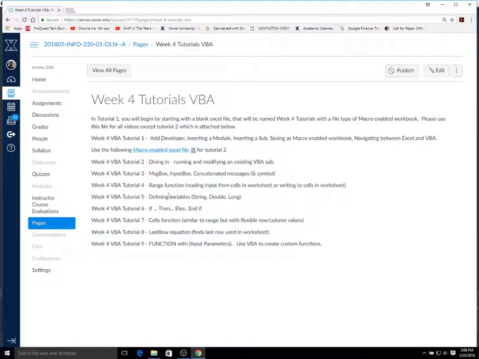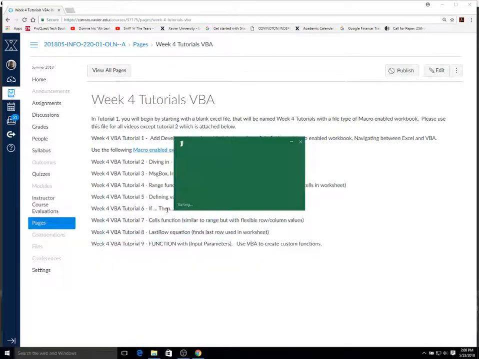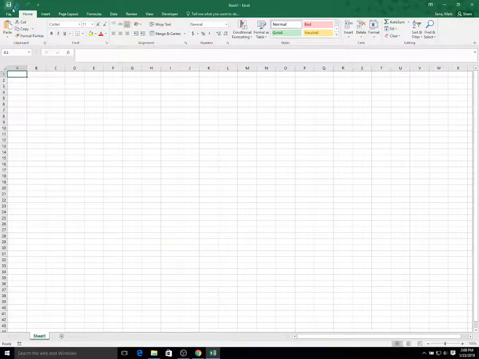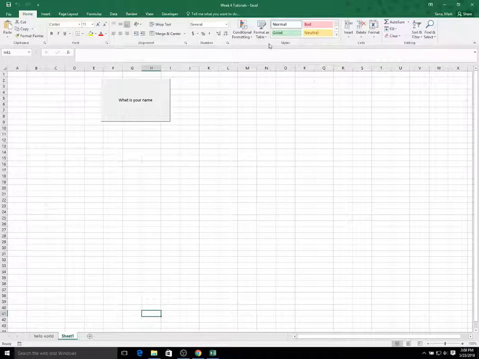Okay, in part 4 we're going to learn the range function. So I'm going to open up that same tutorial 4 Excel file that we've been using. And before we move on, I'm going to do a little bit of cleanup because I want my videos to match the worksheets and for you to easily be able to find the different work that we've been